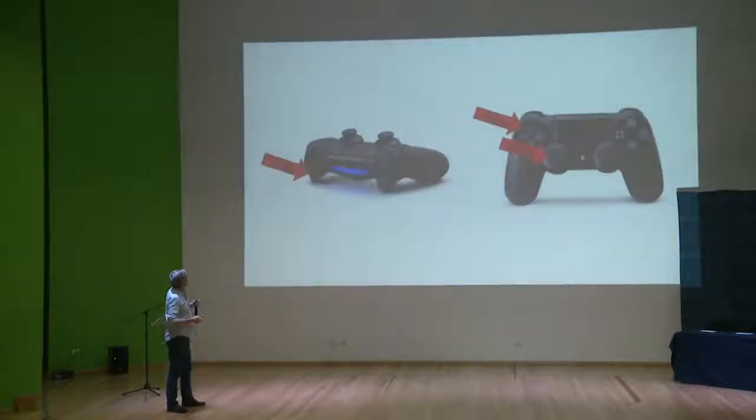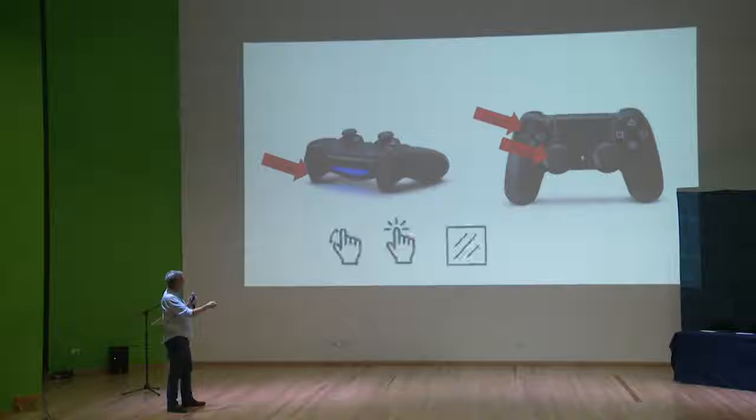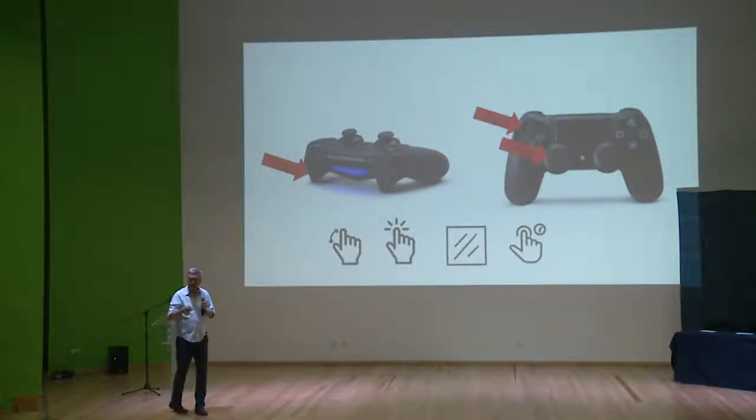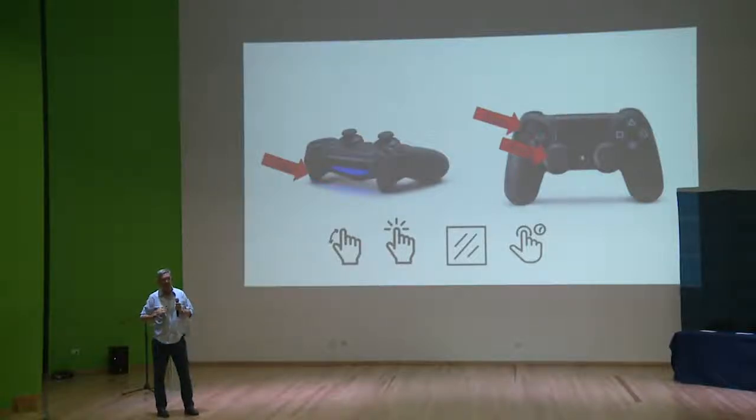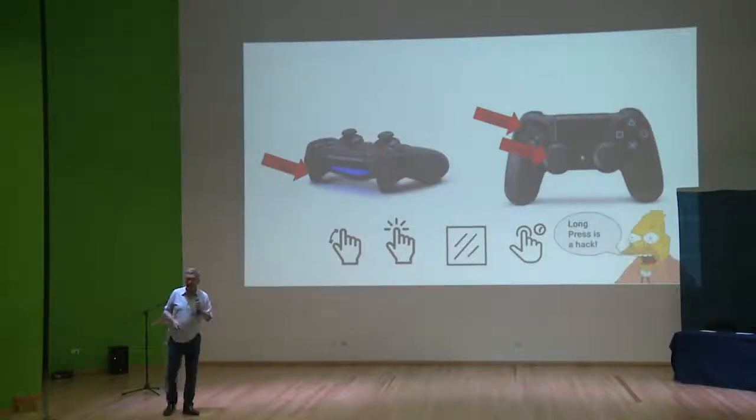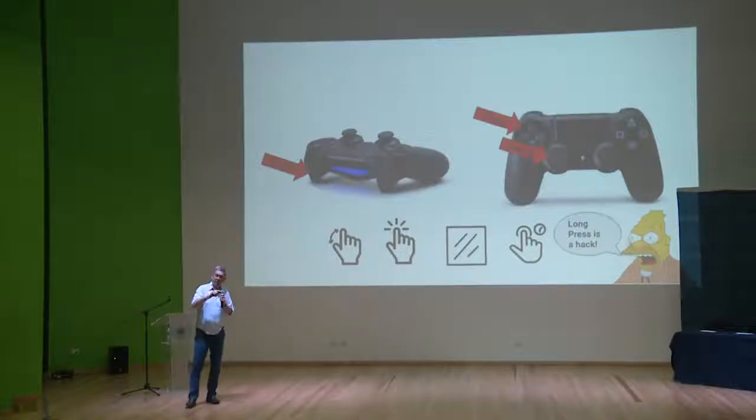So the other issue they have is about matching reality. So does the control, and here's where games have an awful lot of control. They can use the trigger button, they can use the actual switches, and what, of course, in mobile, all we really have is just simply tap and pinch and press and hold. And this is where I'm going to sound a little bit like an old man, but I think long press is a total hack. And so many applications require long press because we don't have much richness with mobile. And to me, this is a research topic right here. How do we provide more richness with mobile devices?